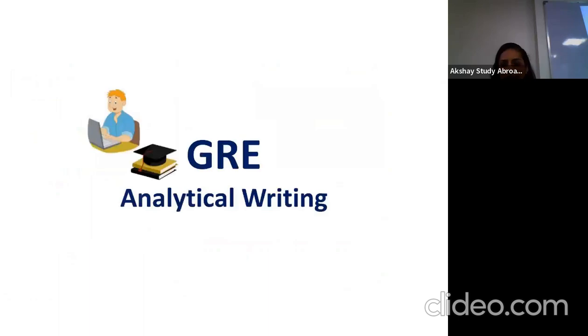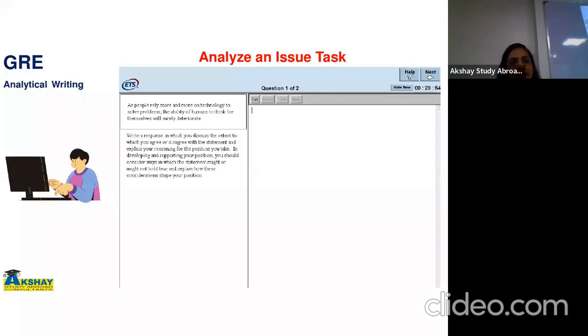Coming on to the next slide. Yes, analytical writing section. Now we are going to discuss question types on individual sections. Okay, so the first section is analytical writing assessment, as I already said. Half an hour per essay prompt. So 1 hour for analytical writing assessment. And this section is compulsory.